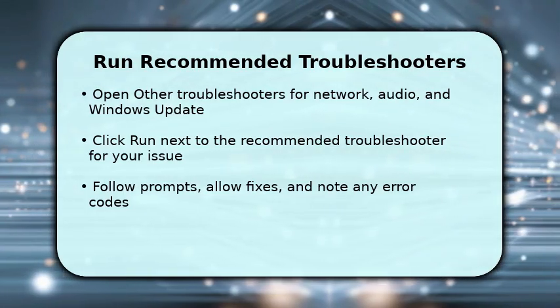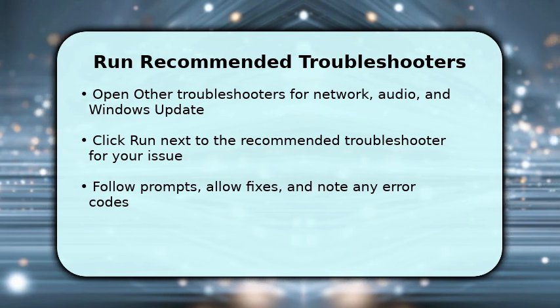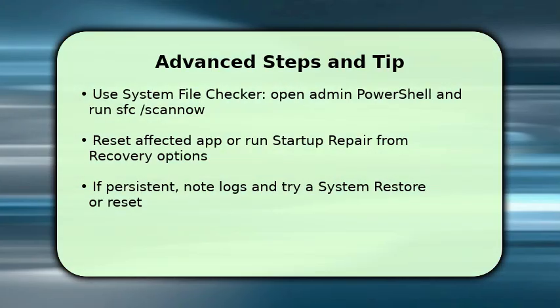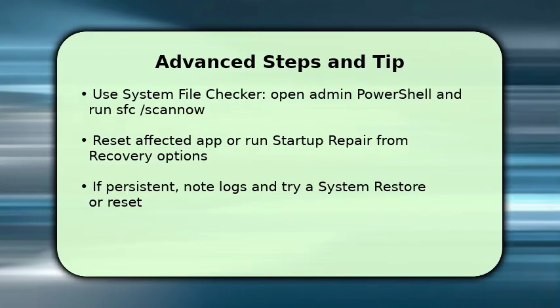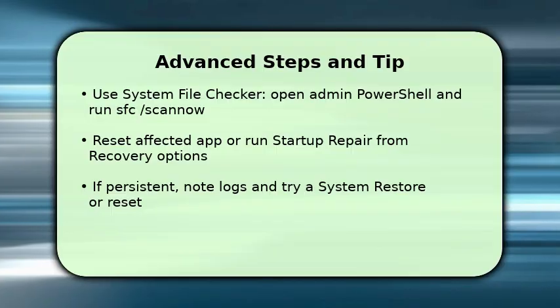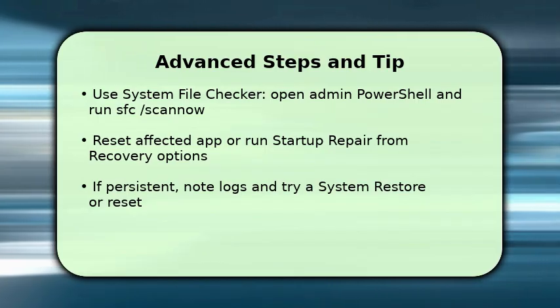Open an elevated PowerShell or command prompt and run sfc /scannow to repair corrupted system files, because underlying file damage often blocks fixes. You can also reset a problematic app or boot to recovery and run startup repair. If nothing works, consider a system restore to your earlier point or a Windows reset while keeping files. Key troubleshooting tip: if repeated failures occur, collect error